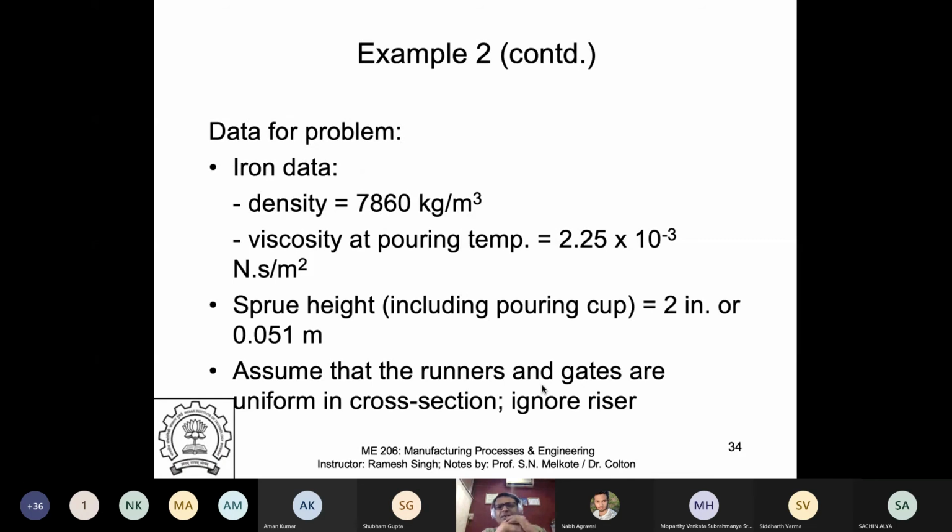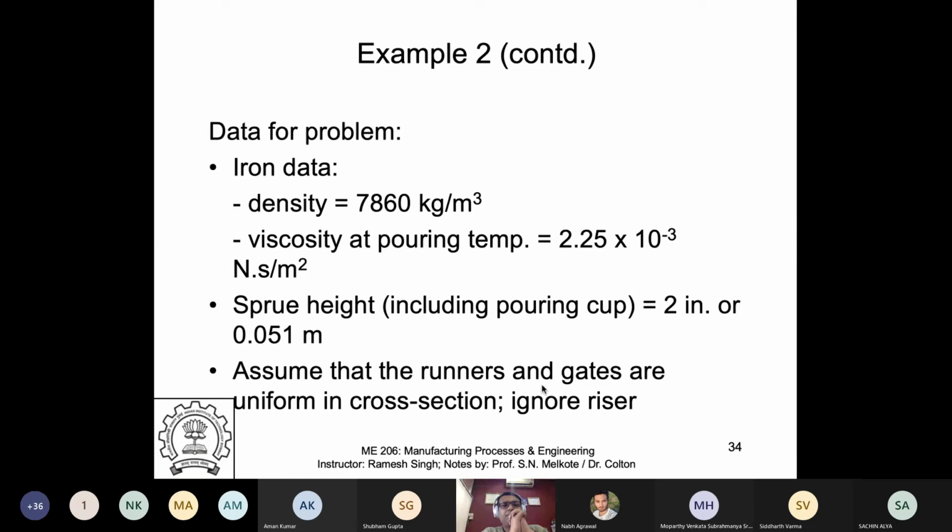Let's look at this problem. This is the problem. It says that I have a sprue height, including the pouring cup. So total height is 2 inches, HT, right? And I know the rho, I know the viscosity, right? Now I have to find out at what condition I will not get